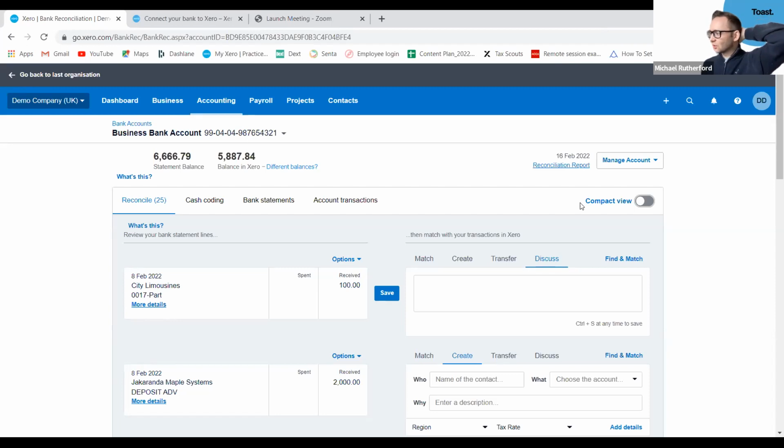Just on another. Dext isn't free to use, unfortunately, but it is built in as part of our bundle prices. It depends on which package you're on. It starts at £5, I think, per month. It goes up to 10 or 15, depending on how many invoices you're processing. But it's really, really practical.